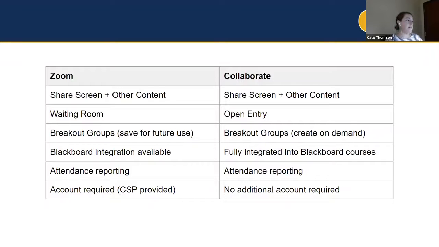So to go back, attendance reporting is available in both platforms. And lastly, the big difference here is that with Zoom, a separate account is required. All faculty at this point, adjunct or full-time, have accounts, all staff have accounts, and all current CSP students will be receiving accounts on, I believe it was August 10th.